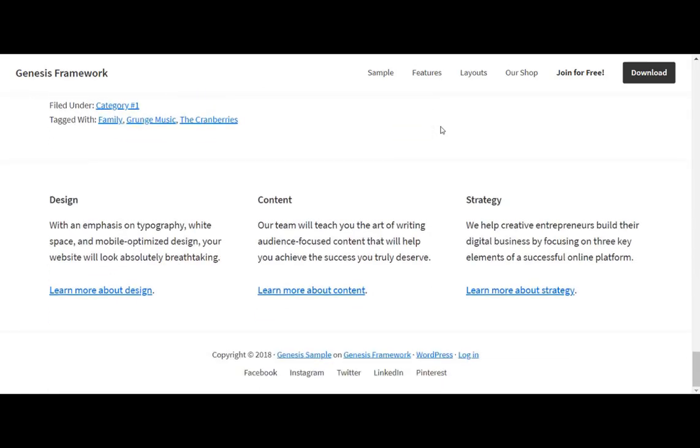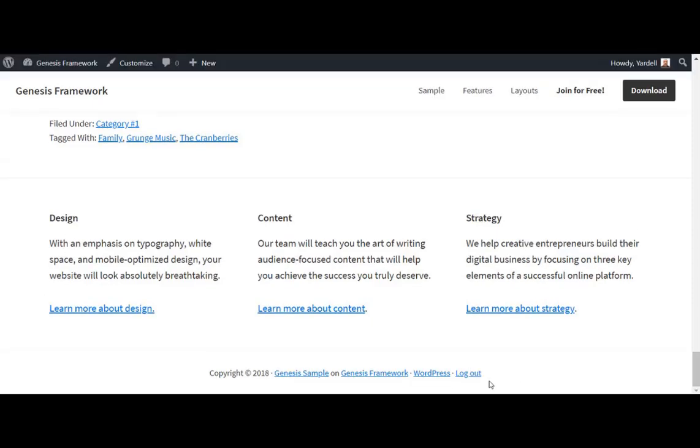So from the looks of it, the only thing we really have left to do is to add in the menu at the very bottom of the 5 major social media links,